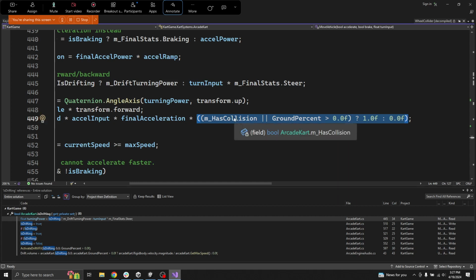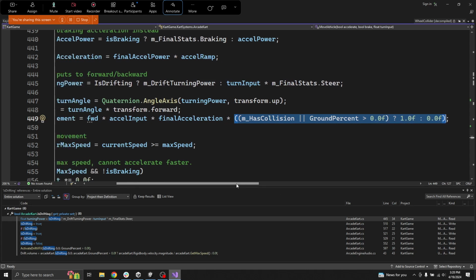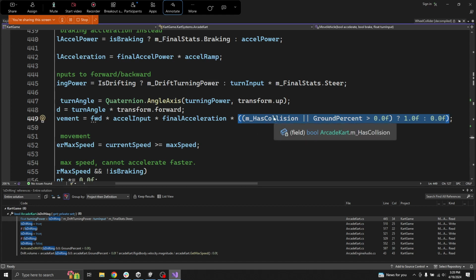Are we in the middle of having a collision or not? Are we collided? Or is ground percent greater than 0? Okay. So are we in a collision, or is at least one of our wheels on the road? Then we get 1. Oh, I'm sorry. This is not a collision. This is like, is our collider touching something? Are we touching the ground with that main one of the colliders? So we have that